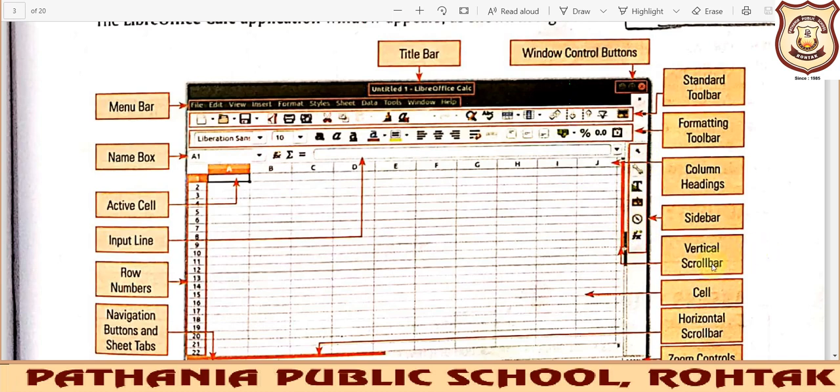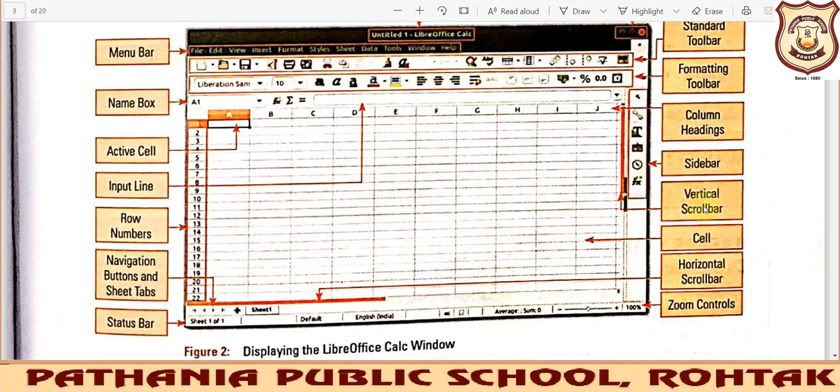Then is your vertical bar. The vertical bar will allow you to move up and down like this, and this is your horizontal bar that will allow you to move like this in the horizontal way. These are your zoom control buttons that will help you to maximize or minimize the application screen. This is your status bar, which will show the current status, on which sheet you are and which particular cell you are working with.